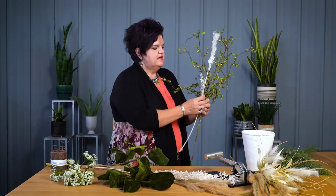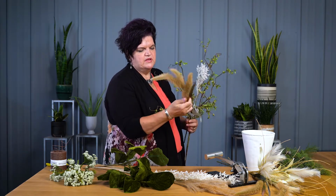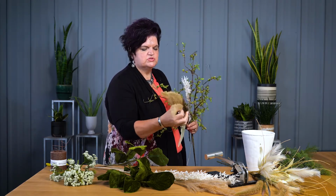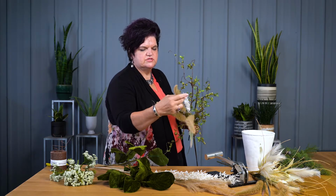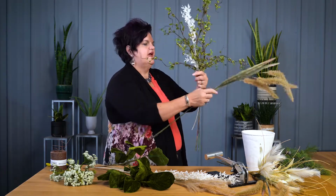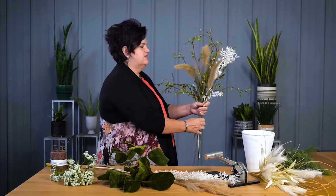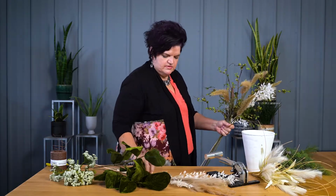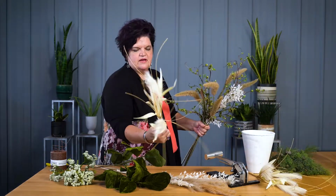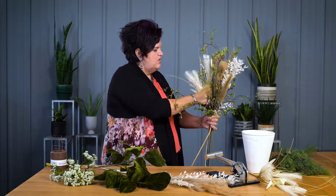So next we're going to add in some of the other materials. This is a pen grass, and again, it is wired all the way up, so you're able to get a little bit of motion and life out of that, just coming back and forth a little bit. Just really look at how much livelier that looks. So you have two stems of the pen grass that we're going to come in with, and then this is a preserved pampas grass. That's a permanent botanical. We're going to come in there with that,